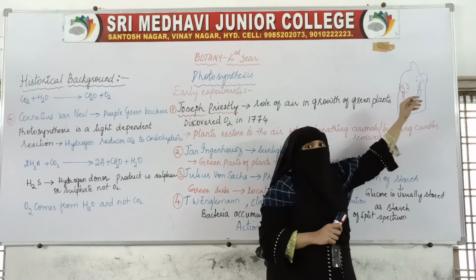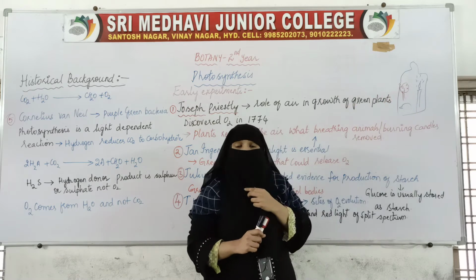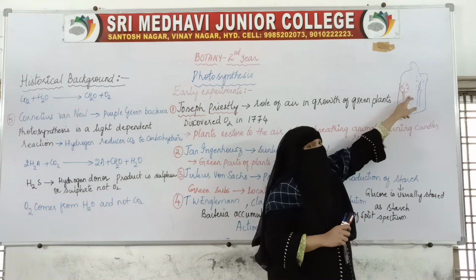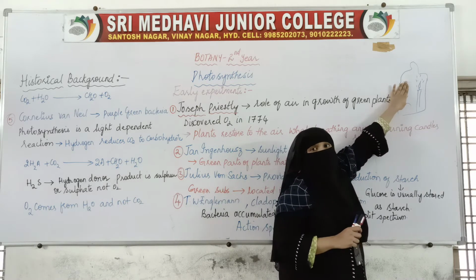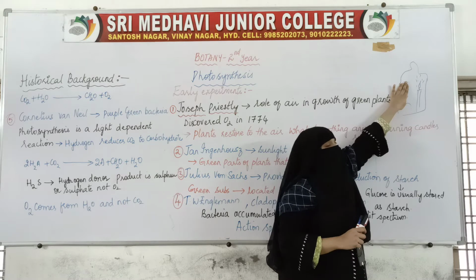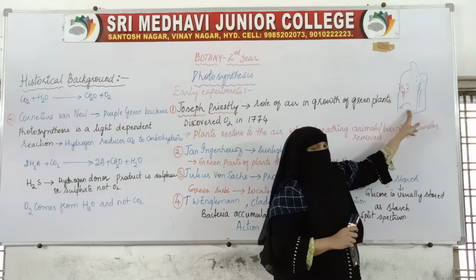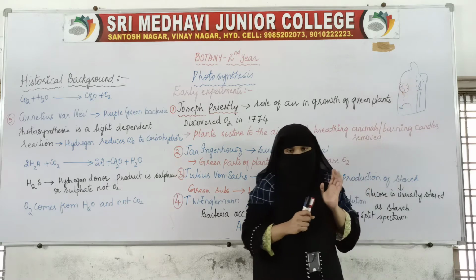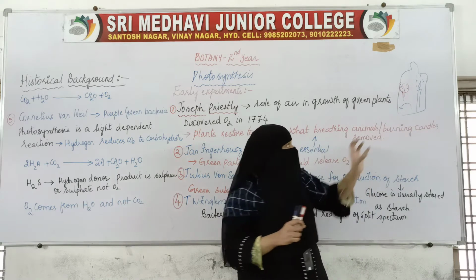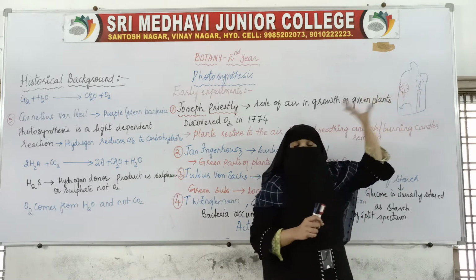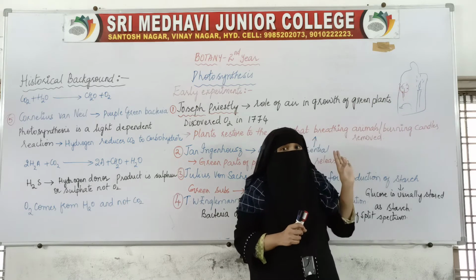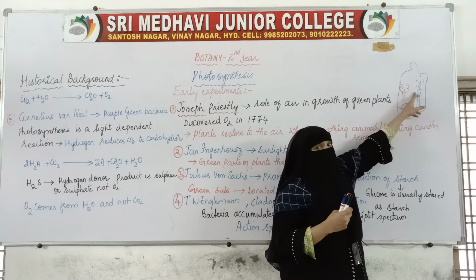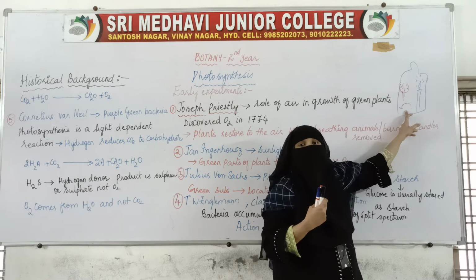Earlier, air was there, and inside the air oxygen was present. In order to survive, the oxygen from this air has been removed by this mouse for respiration and this candle for burning. Whatever oxygen was there in the air in the bell jar has been consumed by this burning candle as well as this mouse.